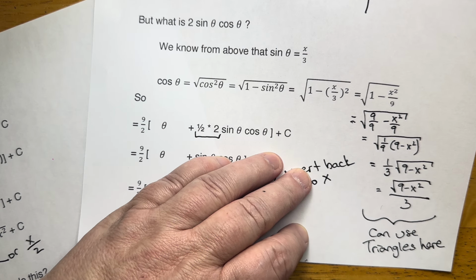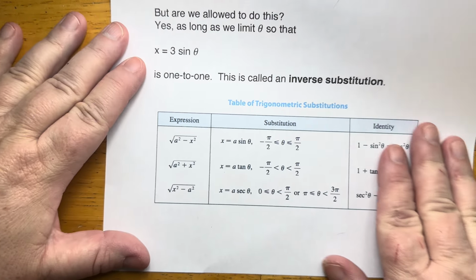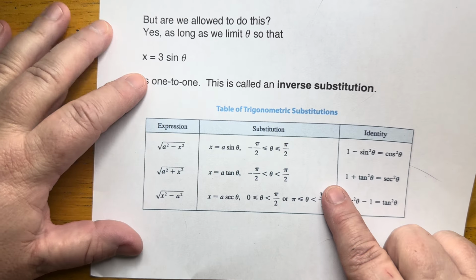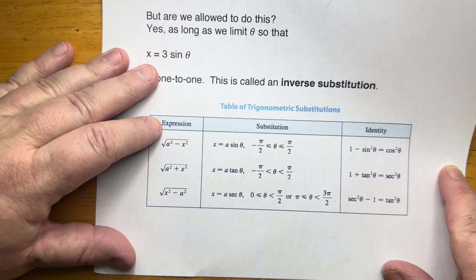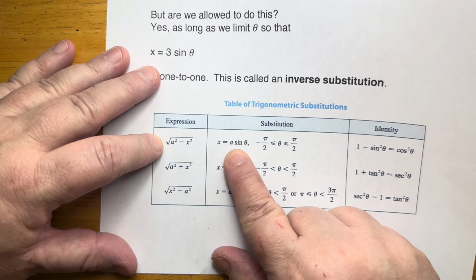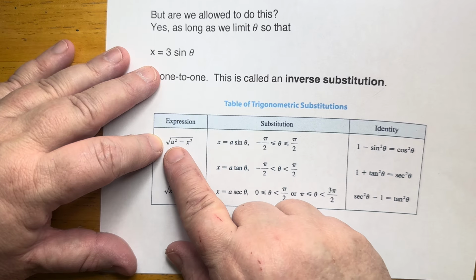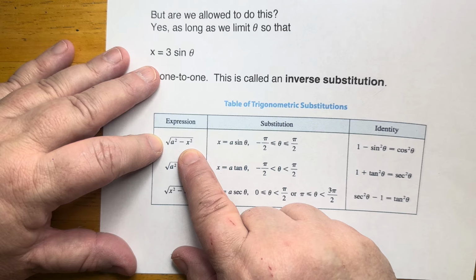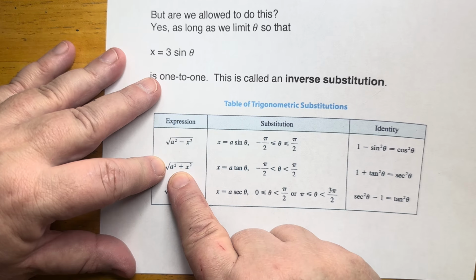Woohoo. So it's a very long video for just one problem, but I have one more thing I want to share with you. This is a table that's in your book, and now it's in your notes. And that is that we did an a sine theta. We did 3 sine theta because we've got the a squared minus x squared construction. But in fact, if we had plus in the middle instead of minus,